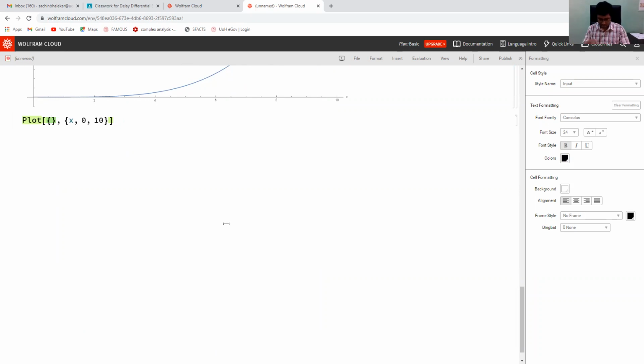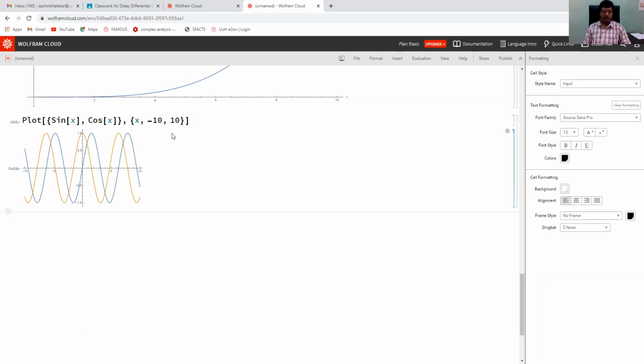In that list, just enter your functions, say sine x and cos x. And now run. We may change the range, say minus 10 to plus 10.